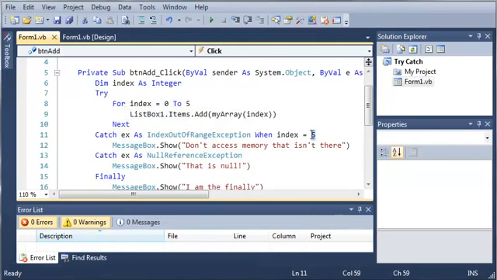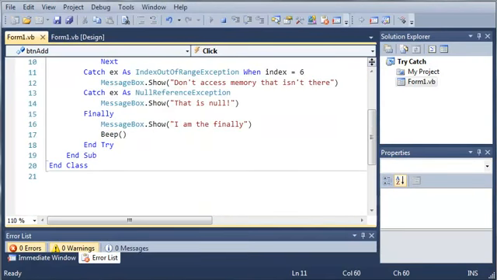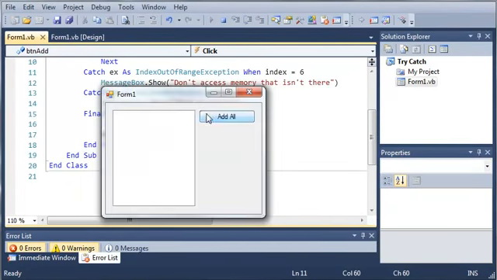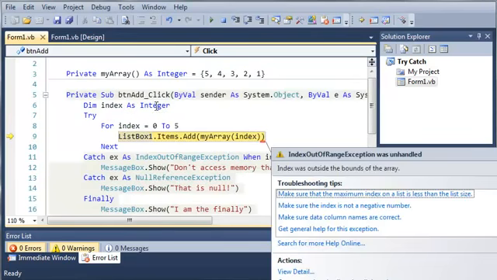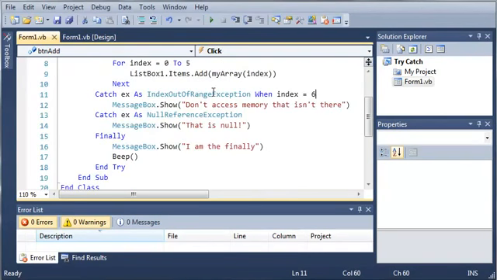So if we do when index is equal to 6, you can see that if we click add all, the program freezes up and crashes because index is not equal to 6, it is equal to 5. It's equal to 5 when the error happens and not equal to 6. So what we can do is, if we really want it to only run when index is equal to 6,